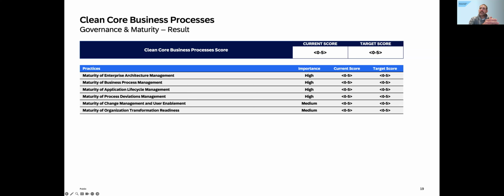So what we're going to say is you need to think about where you are today. What is my current score? Reflect on that and set a target score. And the target score does not always need to be 5. It's not even about whether your current score is 2 and the target score is 5. It's about the gap between current and target, because that determines where you think it's worthwhile taking actions. Actions that are not just possible, but also justifiable because they create value and the costs relative to the value are something you think you can argue.